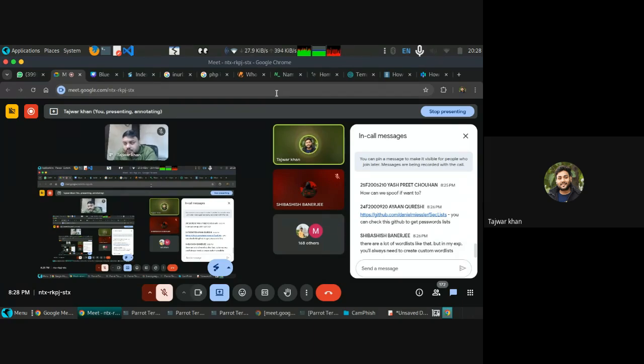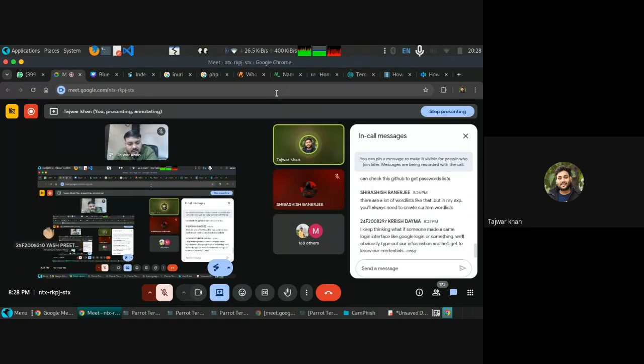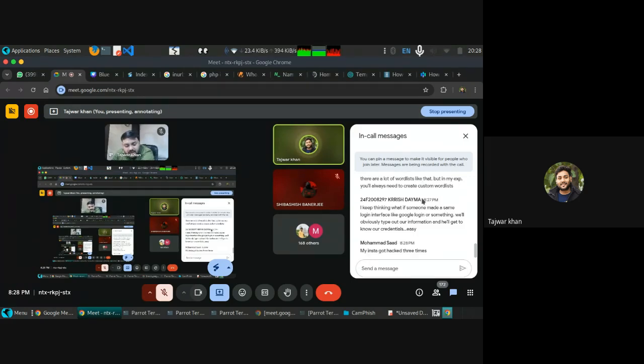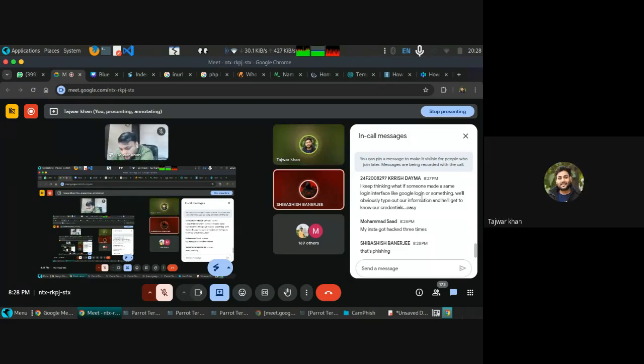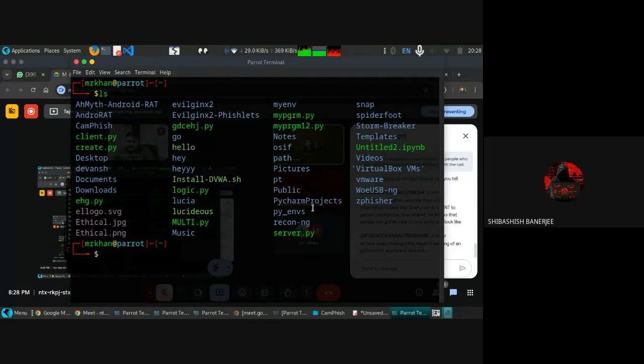So always make sure that you are making a good password. This comes under the category of phishing. Anyone can do that, it's rather easy. Phishing is one of the most basic things.